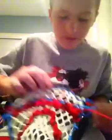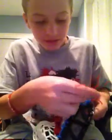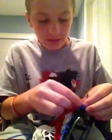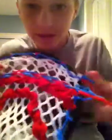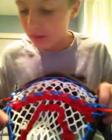So I just finished all of them, and I have to bring this so it's on the same side as the red was. So I'll bring it to the back of the head, like this. And I want to make sure these are in this loop. If I was bringing it to the other side, it wouldn't be. So it's like that, in this loop almost. So when I pull this loop,